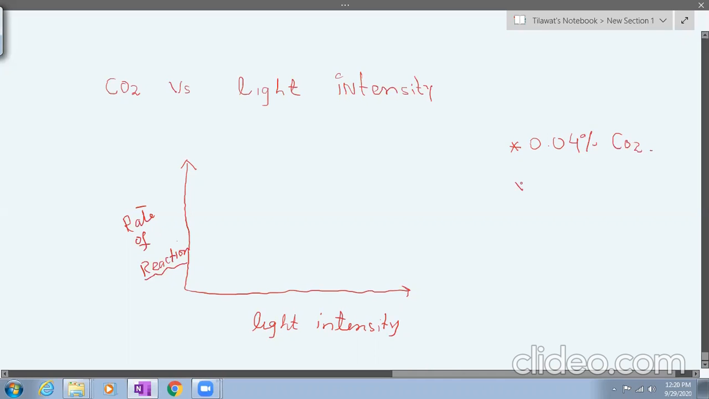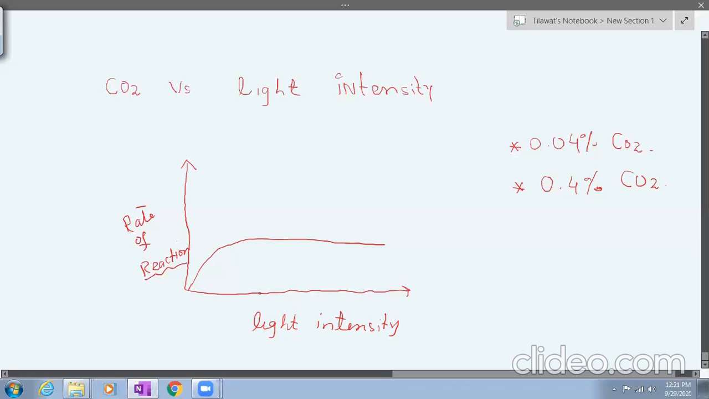Am I clear? Another experiment, I will consider 0.4%. One is 0.04, another is 0.04% carbon dioxide. Okay, these two I will consider with that. Now, first, when I perform this experiment, the light intensity, I will keep it here,